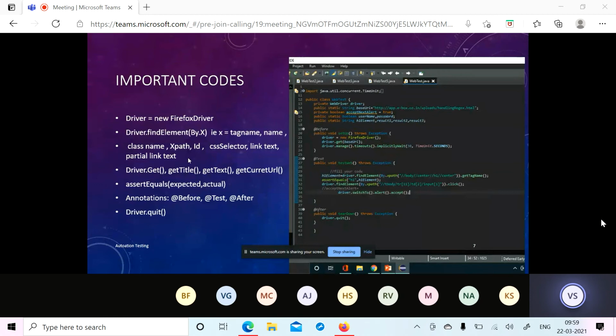So there are different get methods like get title, which will return the title of the web page that we are testing, and get text will return the text stored in any element field, and get current URL will return the current URL of the web page we are testing. For example, there would be some link that would take us to another web page, and there are many more like get